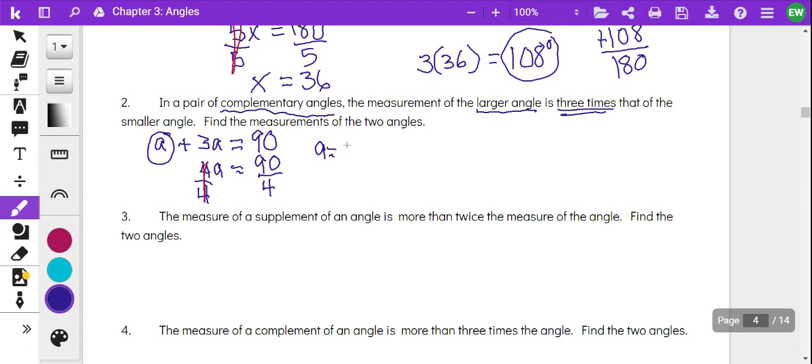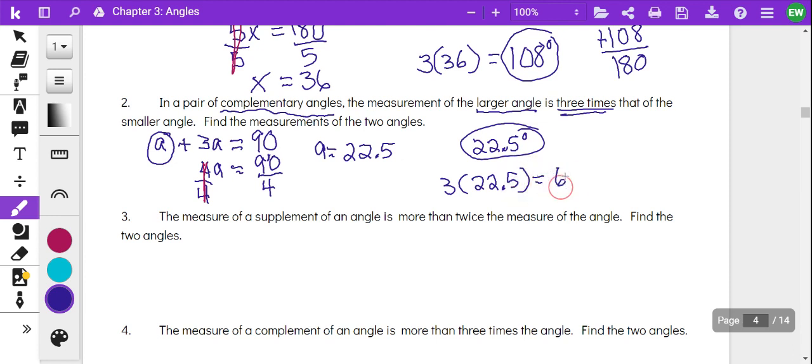4 and 90 is 22.5. My bad. So my smaller angle is 22.5. My larger angle is 3 times that. So 3 times 22.5